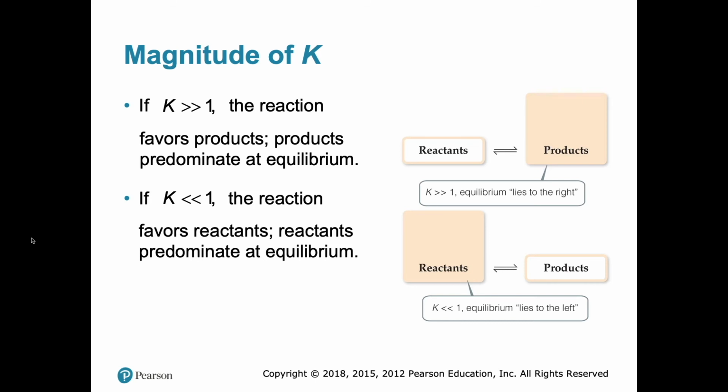the point is, this picture here demonstrates that. So here we have a K that's greater than 1, and so the equilibrium lies to the right, where you're getting mostly products. If the equilibrium is less than 1,